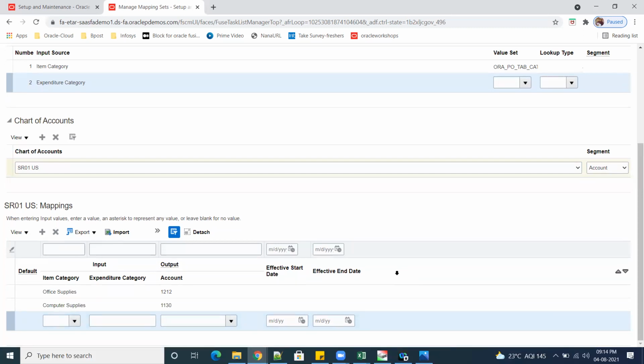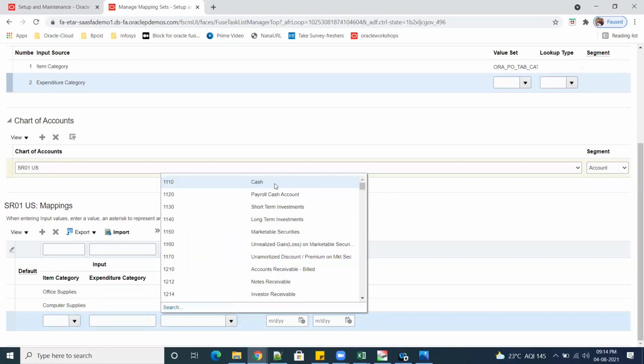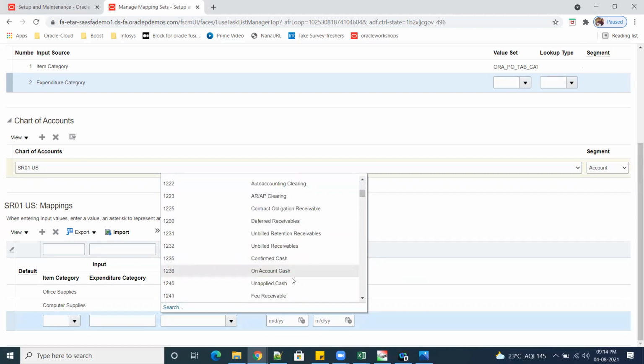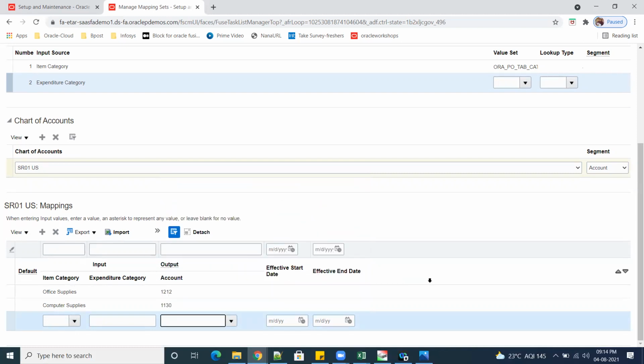So how to make a default is, you just select the account. So let us say there are a lot of things there. Any unapplied cash.